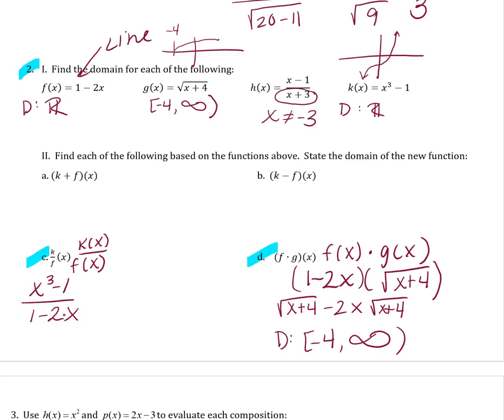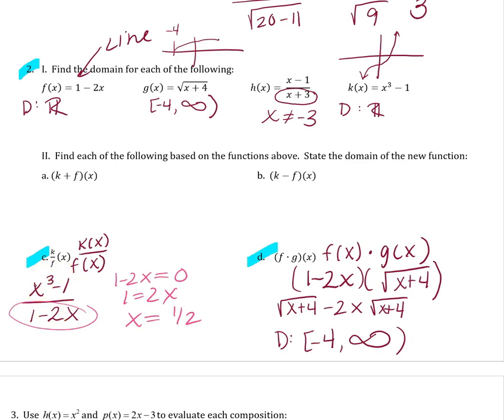When I look at this, it's now a fraction. I'm going to look at the denominator and say, what can x not equal? Well, 1 minus 2x equal to 0. This is 1 is equal to 2x. So x equals 1/2. This is what's going to cause my denominator to go, or my entire function here to